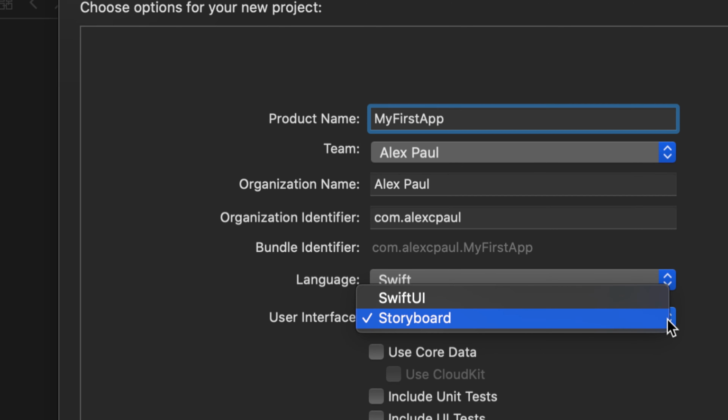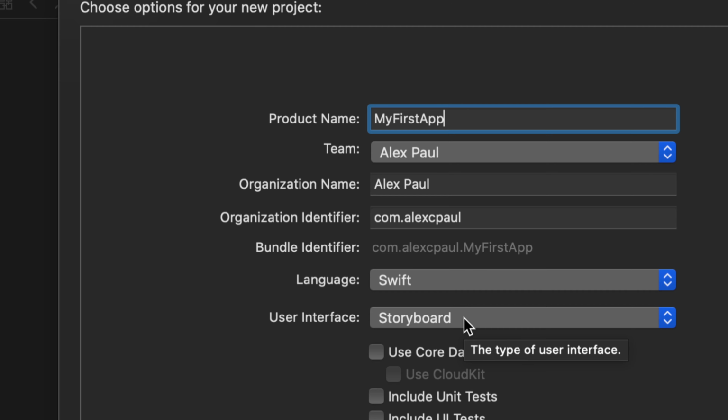right? So here, if you select it, you see SwiftUI and you see Storyboard. So far, so good? So SwiftUI, as I said earlier, got introduced this year. It's new, fancy, it's hot, it's the new thing. Everybody's jumping on board there, right? But we are using Storyboard. If we keep going down,